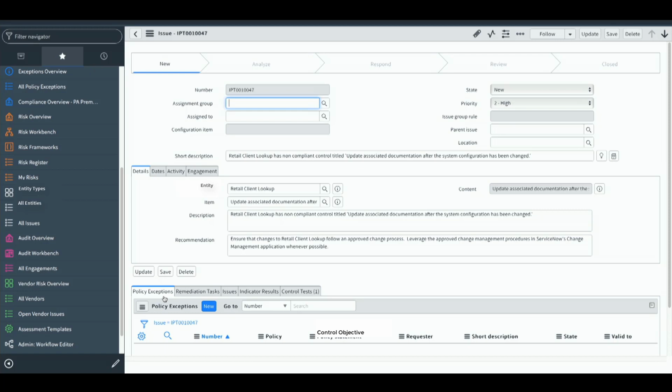We can see that I may want to generate a new policy exception from this issue, right? Because yes, it was a finding within an audit, but there was a good reason. I can, from that particular issue, generate a policy exception. I may have remediation tasks where someone needs to go take some sort of corrective action to address this, but